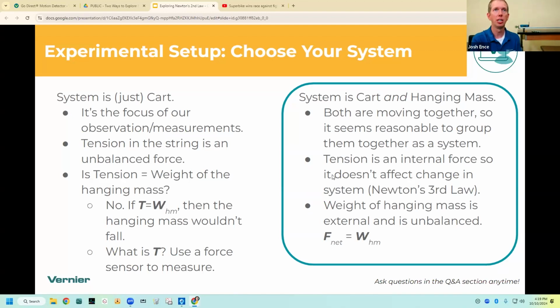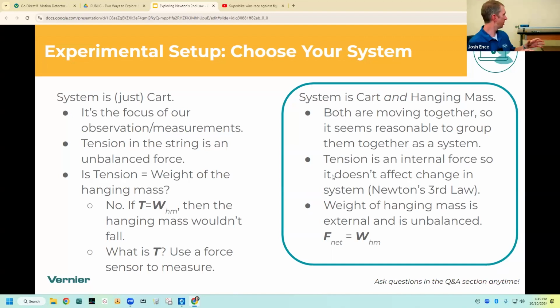If you have force sensors, that's not a bad way of doing it, right? You mount the force sensor on there and you have the string hanging off, and then you can just directly measure the force. If you don't want to do that, or you don't have force sensors, you can do some math and use the weight of the hanging mass and the string. You can calculate the tension force, but that kind of assumes you already know Newton's second law. And we're trying to take a step back here, and we want students to kind of discover Newton's second law by themselves. So rather than that, you might have to do a little bit of explaining or some discussion around